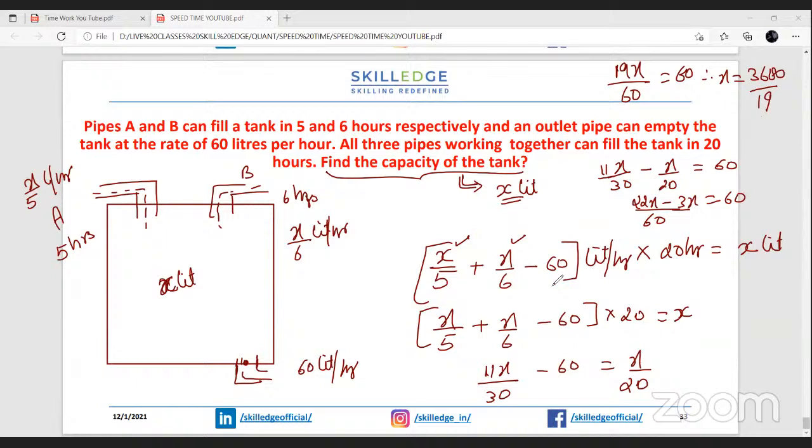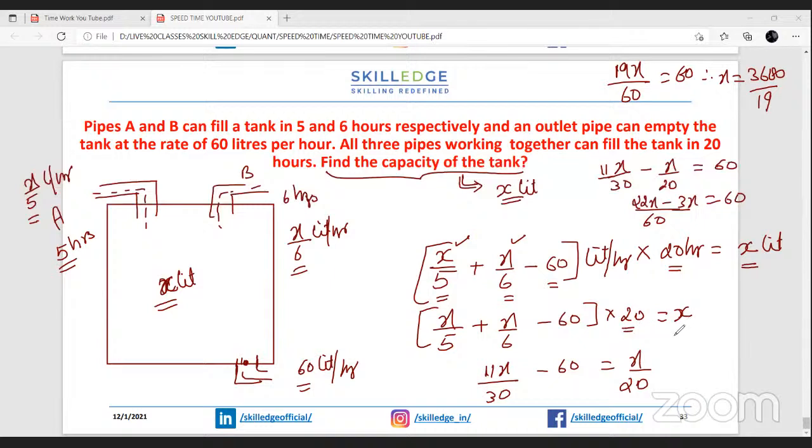This is cross check it once, कुछ mistake तो नहीं किया हमने। So x liters of capacity we have assumed, so rate has to be how much, rate efficiency x by 5 liters an hour, over here x by 6 liters an hour, and over here it is already given that it is emptying at the rate of 6 liters an hour, है ना। तो भर रहे हैं कितने से, x by 5 से भर रहे हैं, x by 6 से भर रहे हैं, खाली कर रहे हैं 60 से, तो टोटल कितना भर रहे हैं, इतना। if they all the 3 pipes are working together can fill the tank in 20 hours, तो 20 घंटों में हम पूरा x लीटर भर देंगे, खत्म।